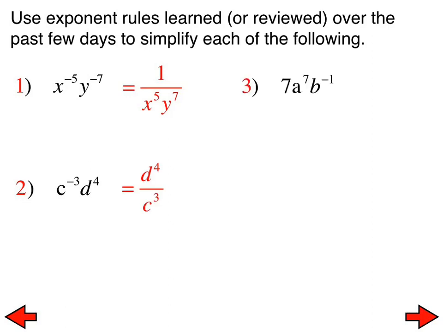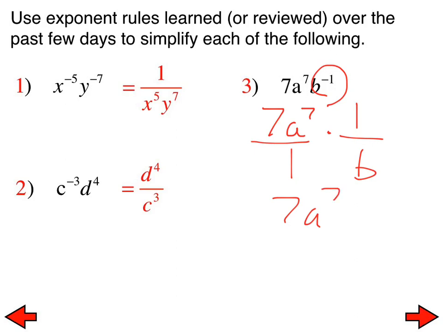Number 3, once again, similar idea. This is 7a to the 7th times 1 over b, because b to the negative 1 is 1 over b. If you want to think of that as over 1, that's fine. And like the previous problems, many of you just jump straight to that, and I am okay with that. And then number 4,